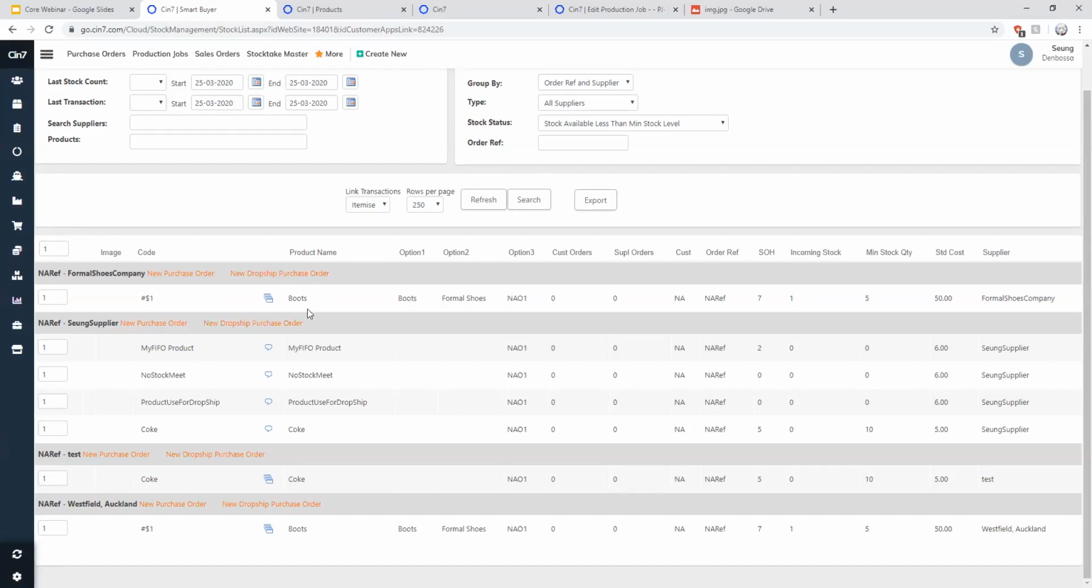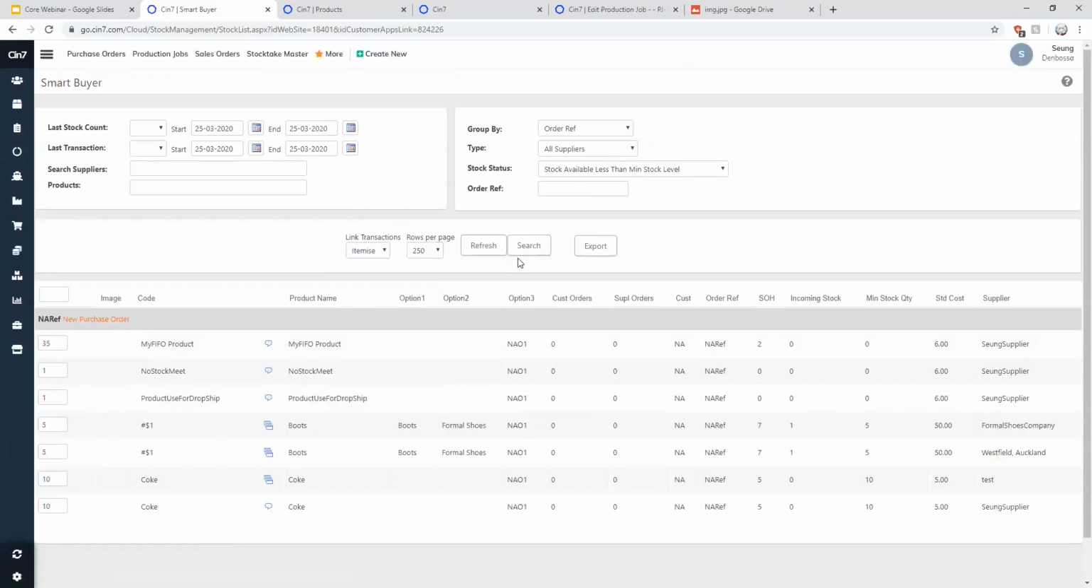So you can see that here, the drop shipping is shown because I have order reference and supplier group by set like this. But if I do this, you'll be able to see it disappears as so. So yeah, it really comes down to you, I suppose the company, how you guys would like to use